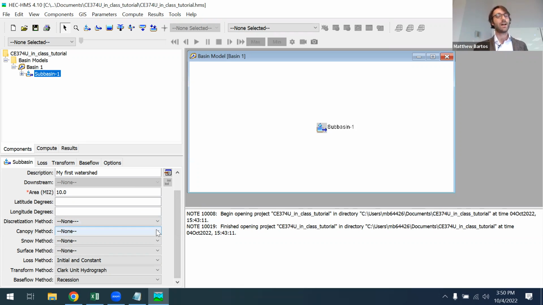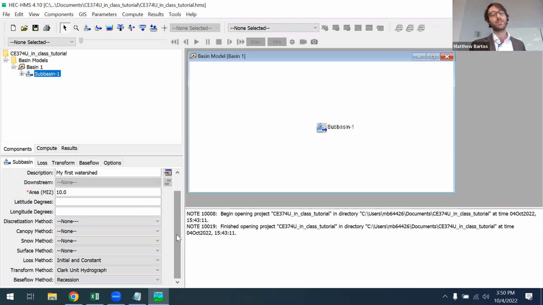Canopy method, this is used to model plant dynamics. So interception on plants as well as evapotranspiration. Snow method, we're in Austin, so we don't really have to be too concerned with that. Surface method, this is for modeling depression storage. We're also not going to do anything too sophisticated with this. So I'm just going to leave all of them as none. Okay, so we're not going to model any of these components.